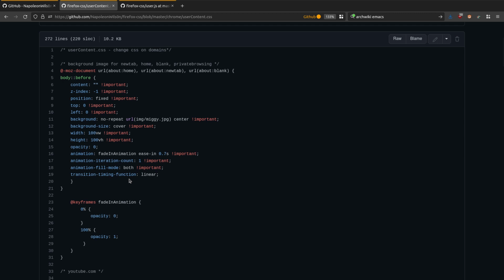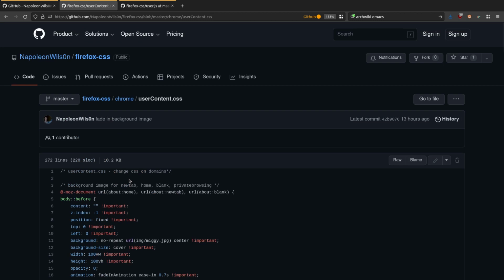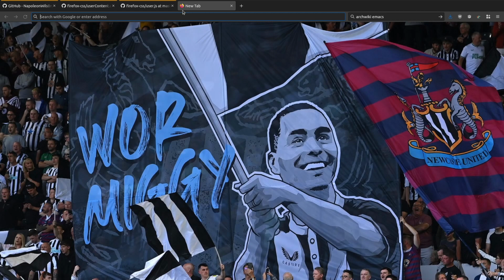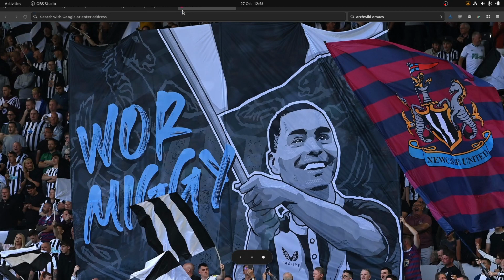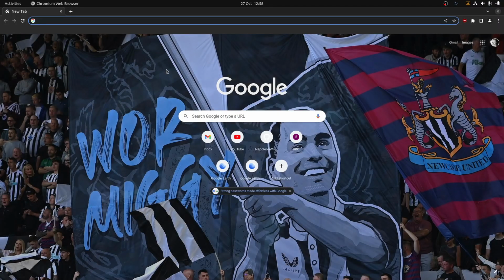Unfortunately, it's much easier in Chromium to do this. You just upload an image and it's set as the background image. But in Firefox, you've got to do a bit more work and enable the custom style sheets, create the CSS, and put the image in. But it doesn't take that long, and just allows you to personalize Firefox however you like. So that's the Firefox version, and there we go. That's the Chromium, and